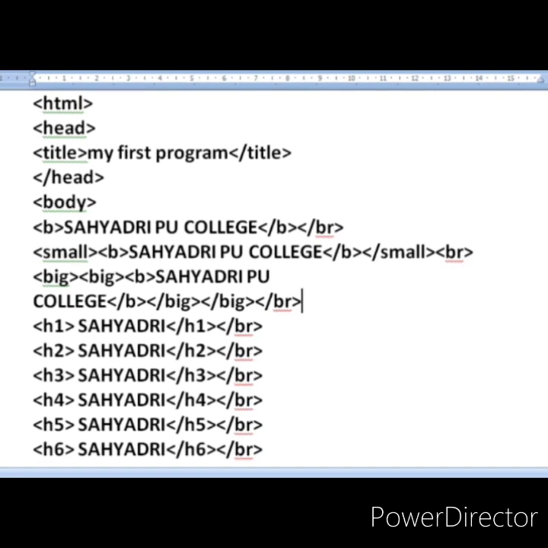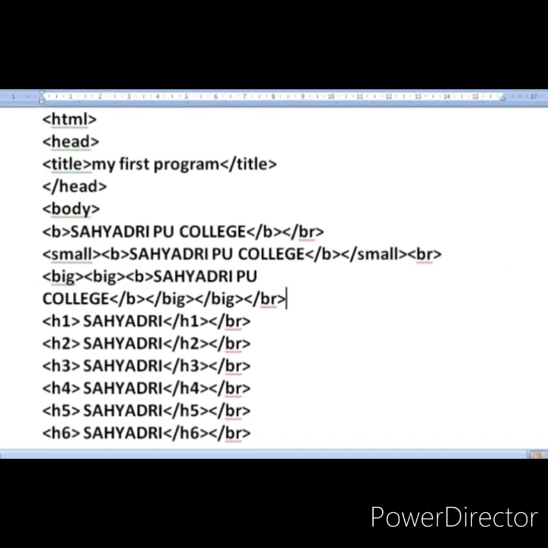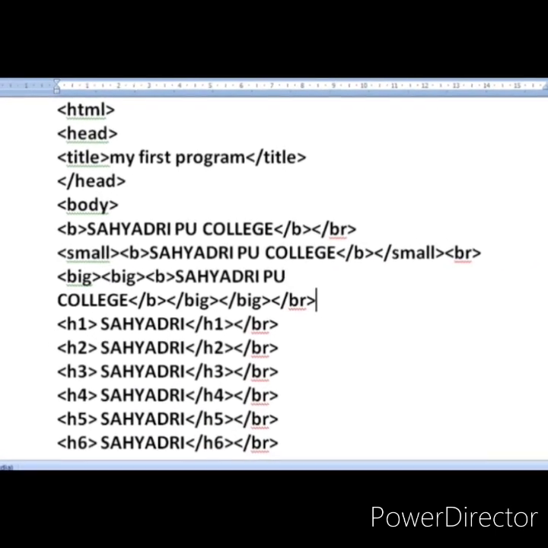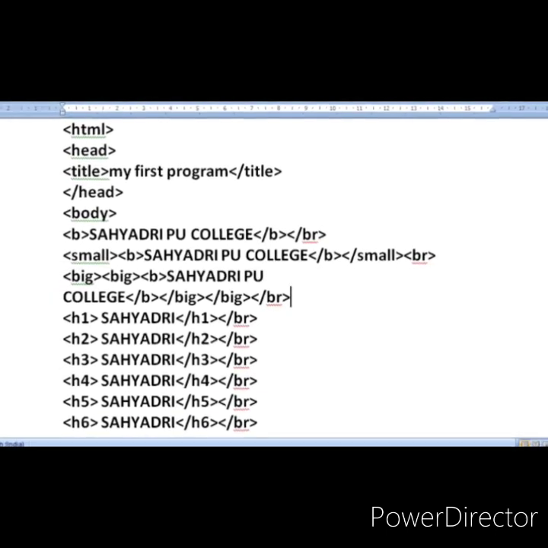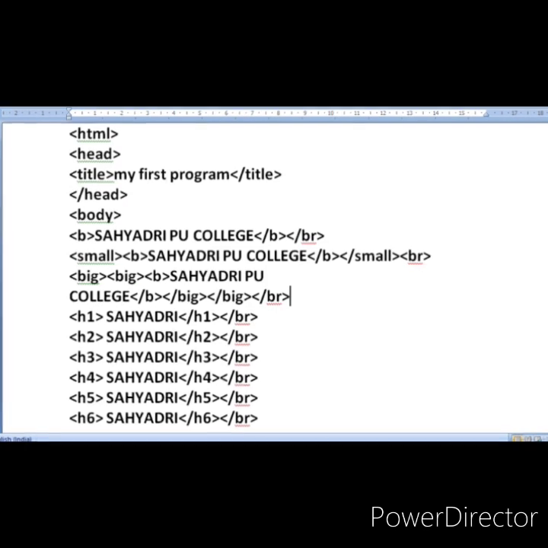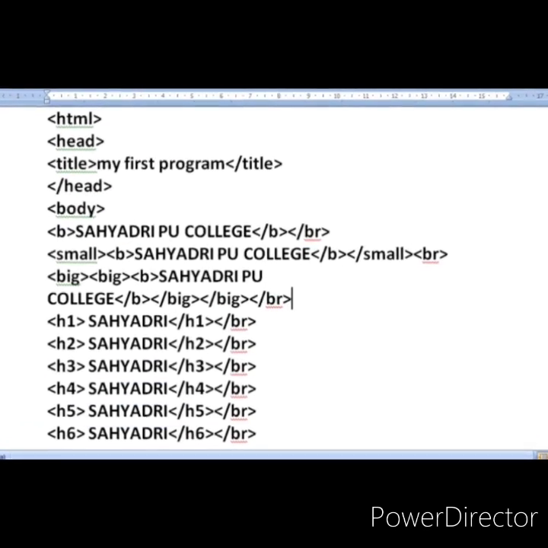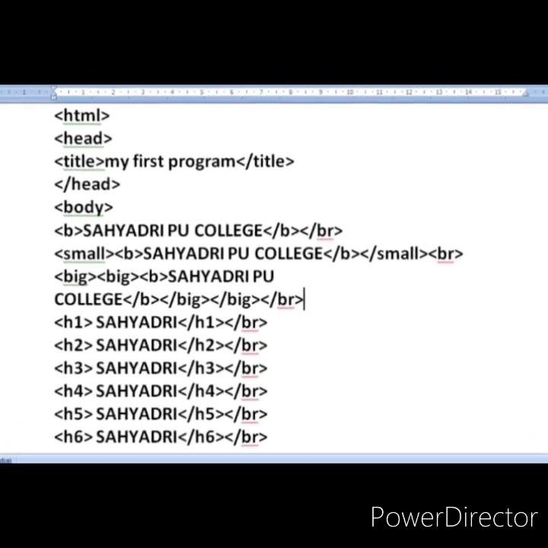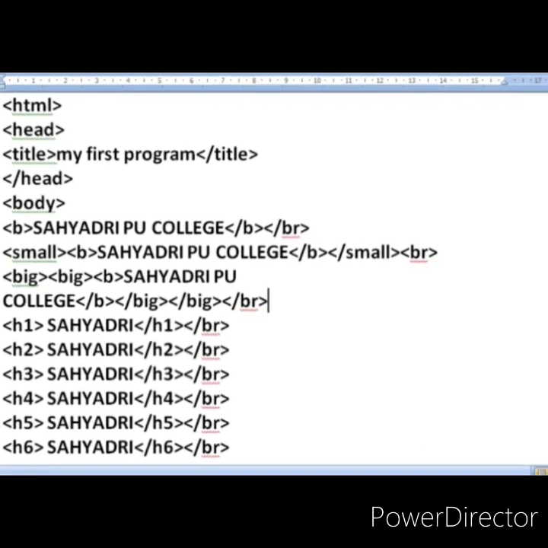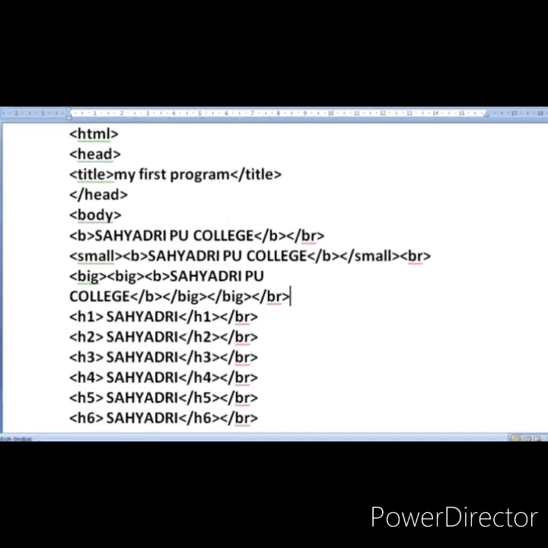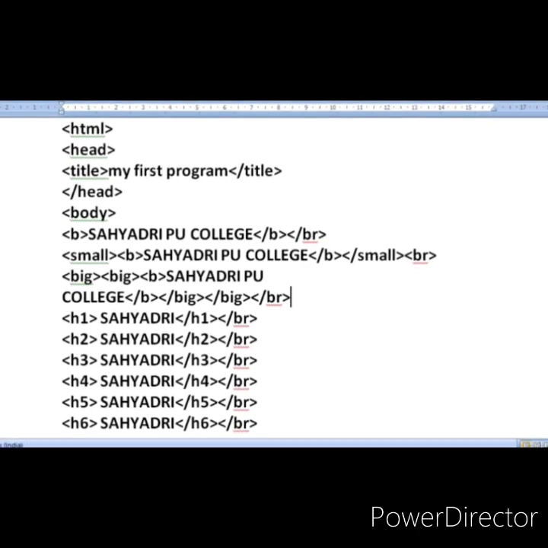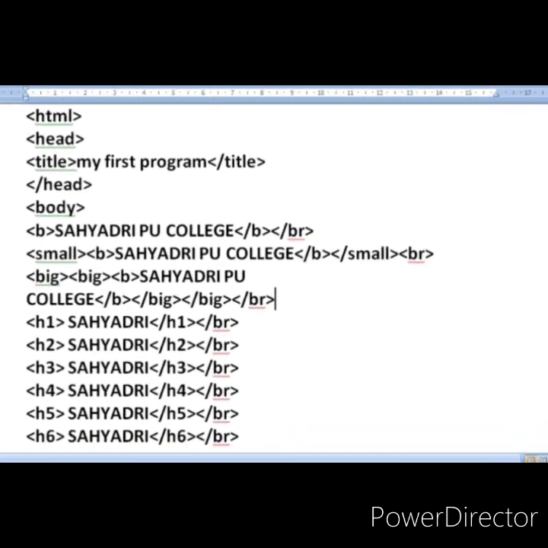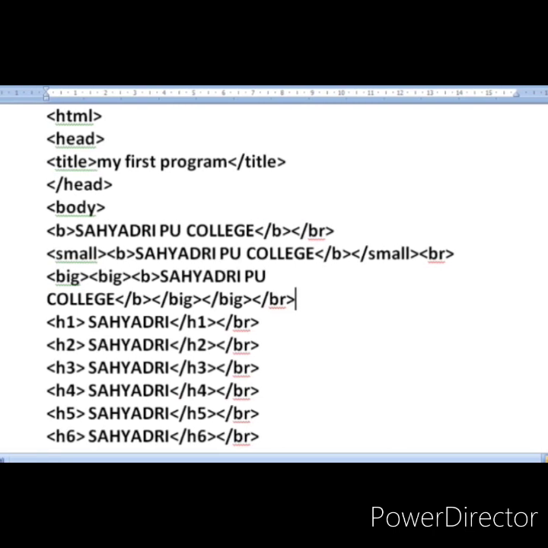Whenever you use any text within the big tag, the text appears bigger or larger than the normal text. If you use the small tag, the text appears smaller than the normal text appearing on the browser. So you have to enclose the text within small or big if you want the text to appear small or big.